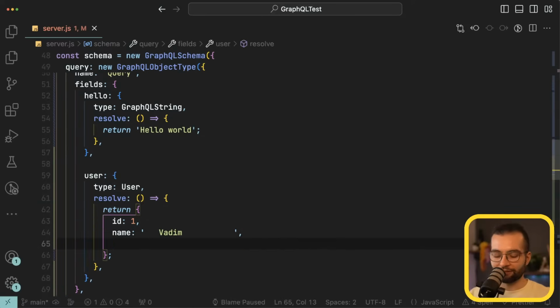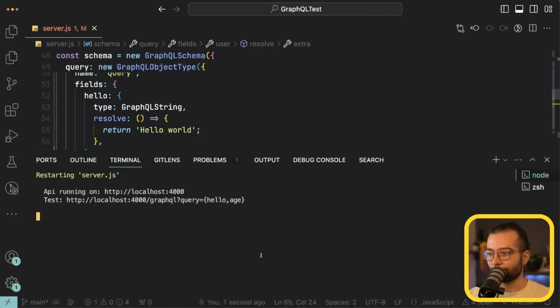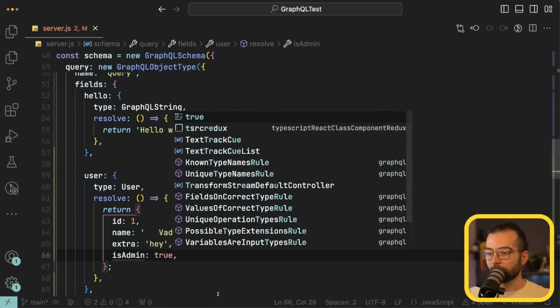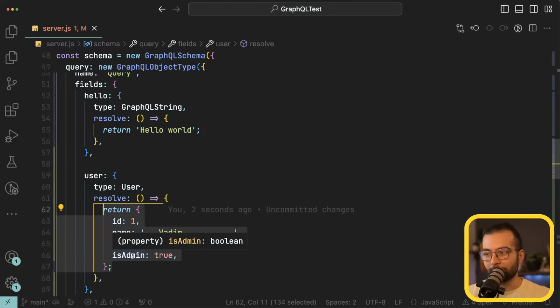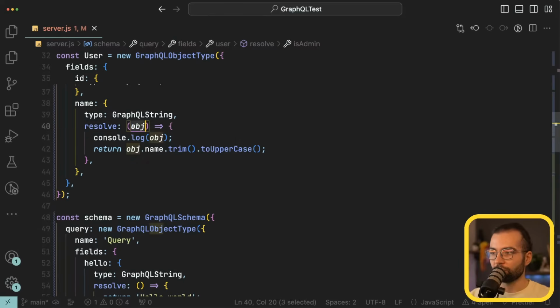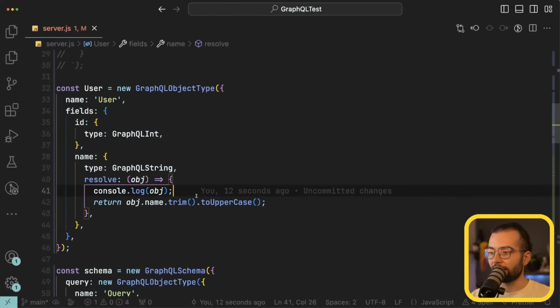So sometimes it might even have extra things that might not be in the type definition, but for example, in the database. I might not need them to necessarily return to the user, but I need them to do some operations. For example, I might have isAdmin equal true. So if from the database, when getting a user, I'm gonna have isAdmin true, I can access it through the object in the resolver of a name, and I can say